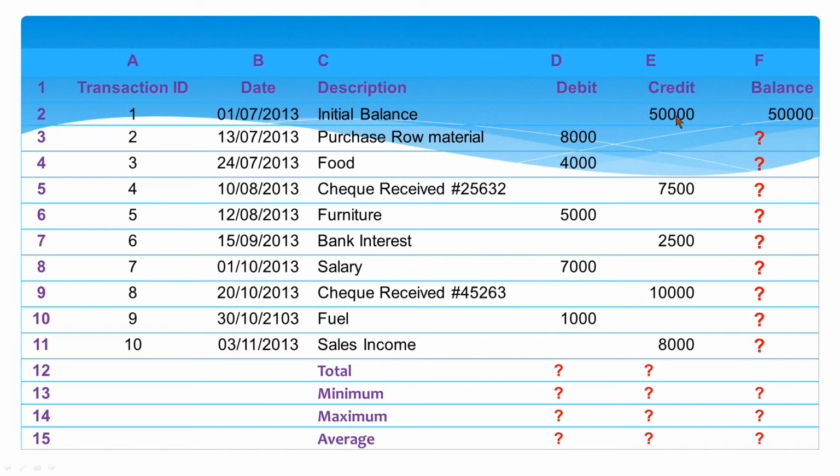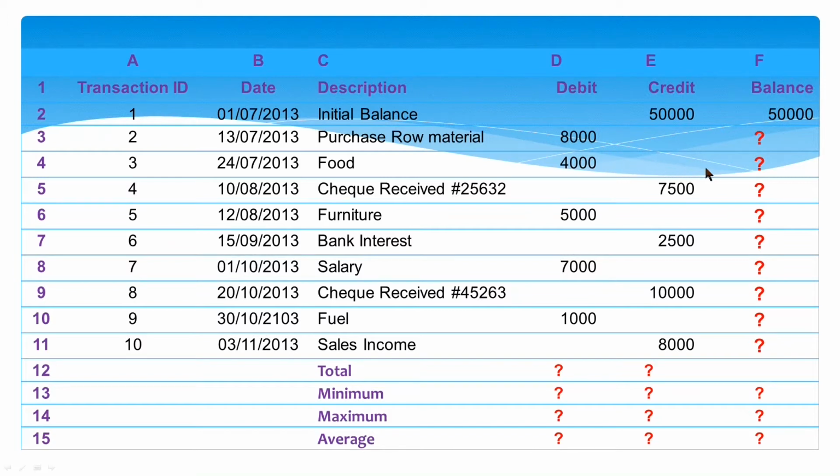So, initial balance is 50,000 and on 13th of July we have purchased raw material. So, we have withdrawn 8,000 rupees from our account. So, obviously, it is deducted from these 50,000. So, balance will be 42,000 and on 24th July we have purchased food of rupees 4,000.